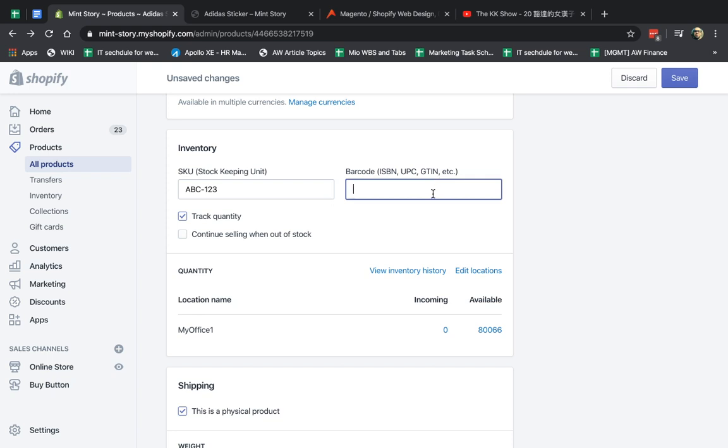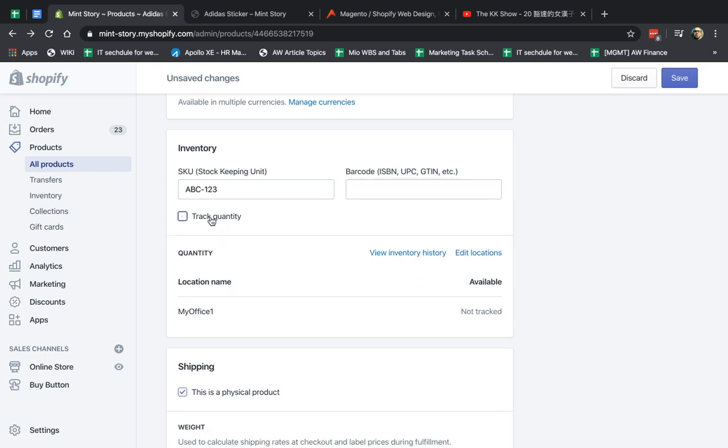It's especially helpful if, when you process your warehouse, you scan codes and automate your shipping, or if you're syncing to Amazon or eBay or others that need this unique identifier. It's really important to have this, okay? If you don't have it, you can either search for it if it's a common product, or you can register your own. That's a completely different video though, okay?